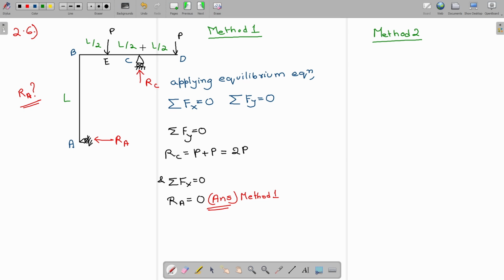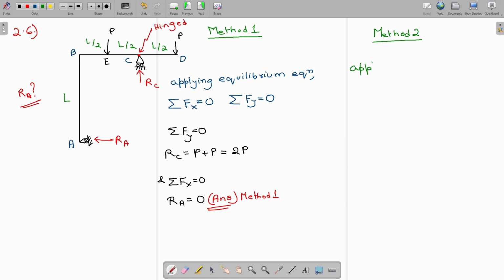Since this point is hinged, already given to us, we know that moment about the hinge is 0. So we are going to write like this: